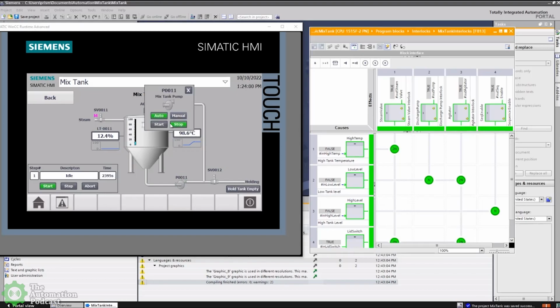So if I put the mixed tank in manual and the valve discharge, let's go ahead and just empty the tank and get a low level. And so we can see the low level cause should interlock both the discharge pump and the agitator. You really don't want to run those guys if you've got a low level in the tank. So once we hit a low level, which I think is around 1% or so,